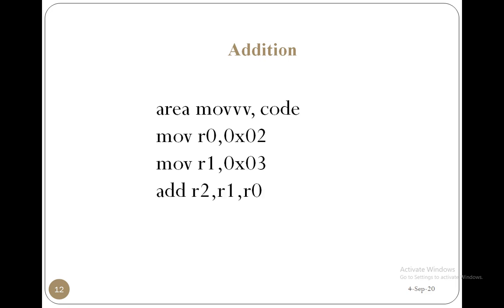So for that I am using ADD r2, r1, r0. Here I am going to add r1 and r0 and the result is going to be stored in the r2 register. So next after this we are writing stop B stop. Here B indicates the branch jump. If you write this, the program execution is on that line only, stop to stop only, that is we are executing this. And we will write END here. You can write or you can neglect that END also. So this is a basic program for addition.